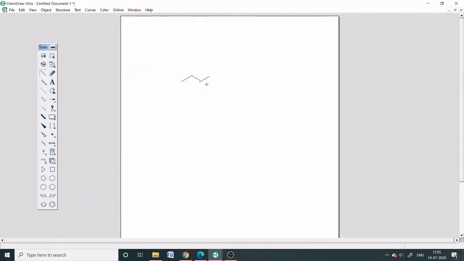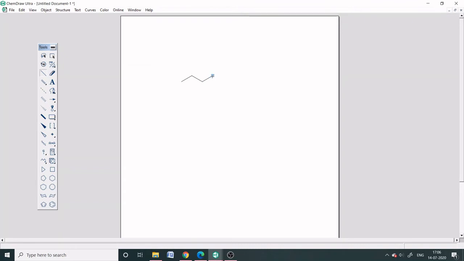That will be shown by this red mark. Just undo it by pressing Ctrl Z, and then once again keep your cursor on that particular carbon and start drawing. In case it comes in the wrong direction, you can press Ctrl Z once again, keep your cursor on the carbon atom and click. Now another bond is generated in the other direction, whatever we want.